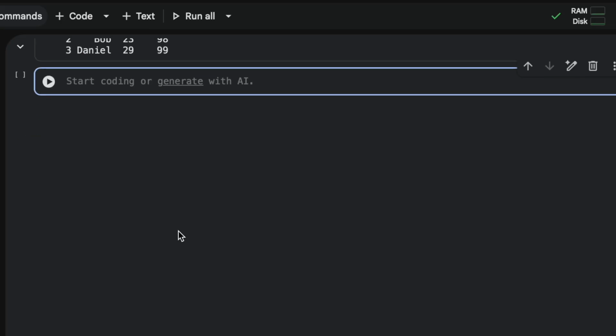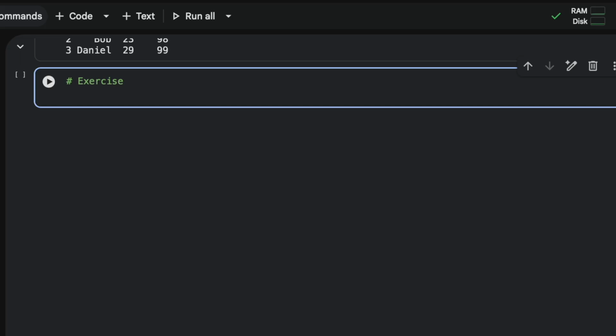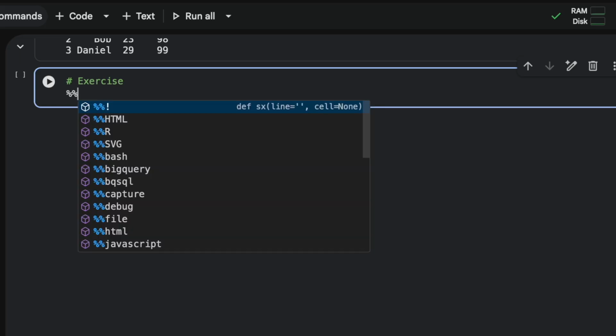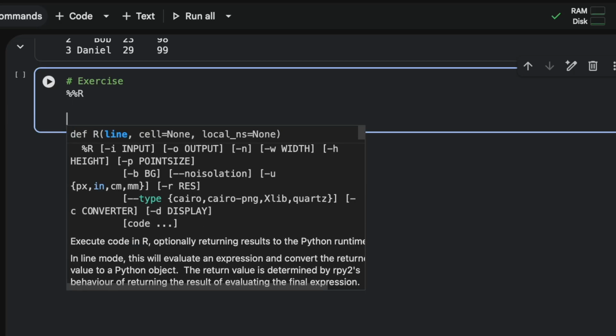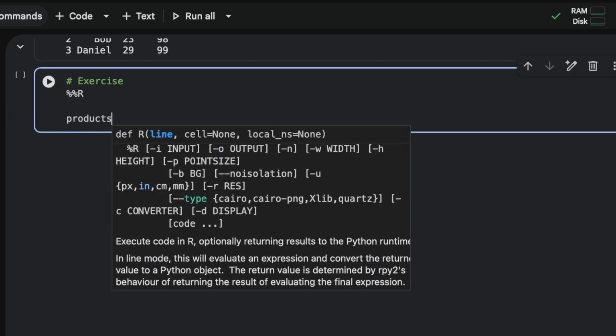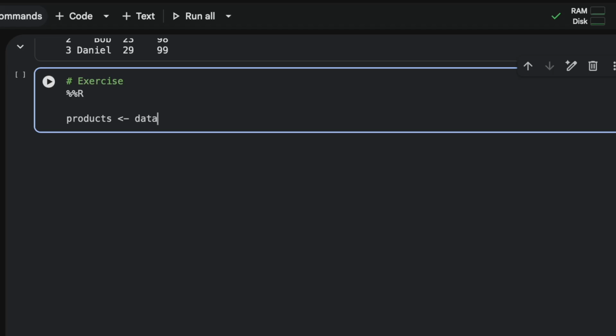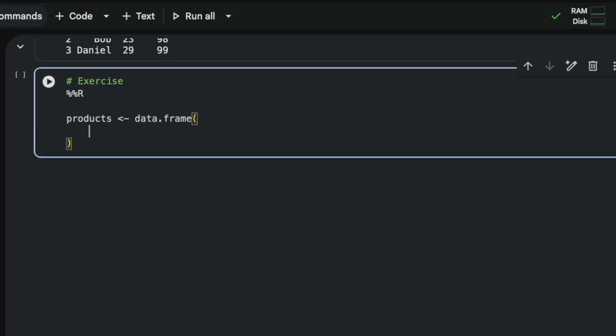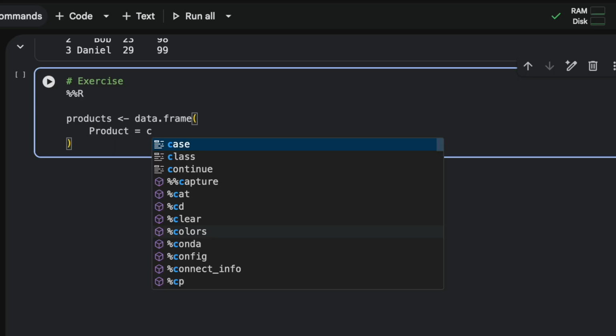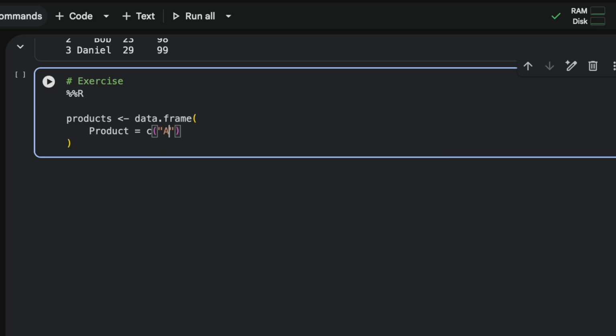Let's go through a simple exercise in R using a data frame to understand how data is stored and analyzed. First, we create a data frame called products, which contains two columns, producer and price. The producer column includes the values A, B, C, D, and E, while the price column includes the values 10, 15, 12, 20, and 18. This structure allows us to organize related information in a clear, tabular format where each row represents a different product